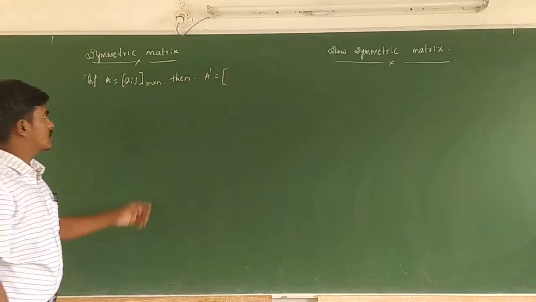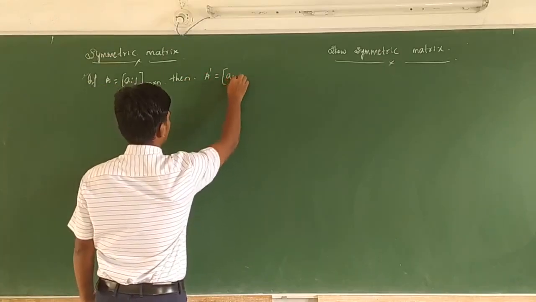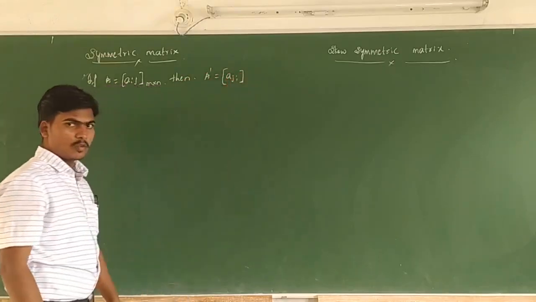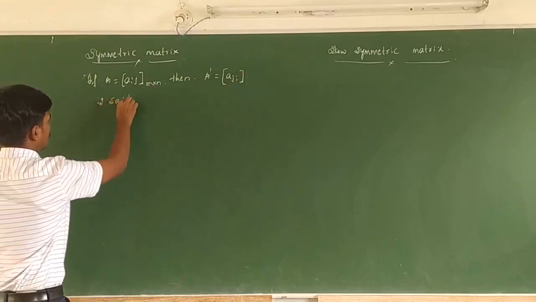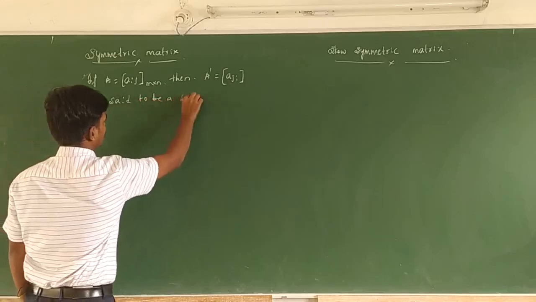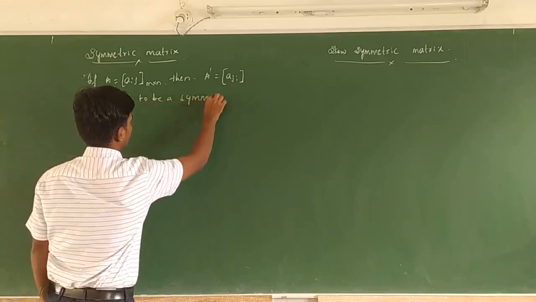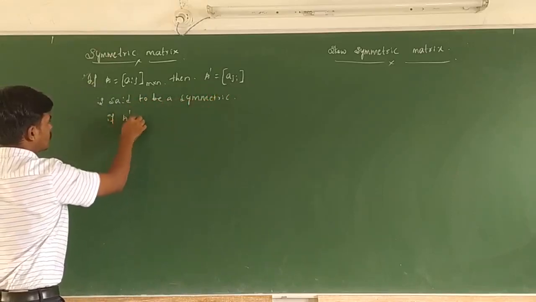Just interchange the rows into columns. That is, A is said to be symmetric if A transpose is equal to